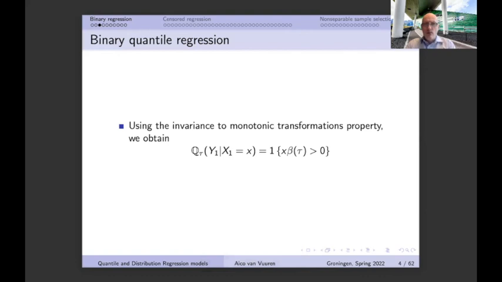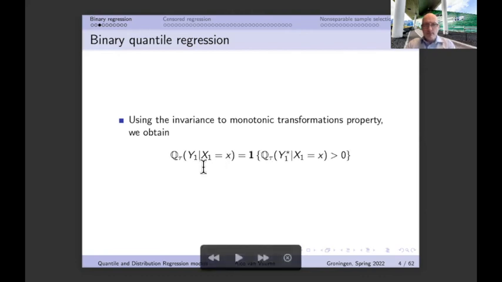Well, I would like to go back one step and look at this relationship over here. On the next slide, I will give a graphical relationship in order to get a little bit more of an intuition. But we should realize that this is actually already quite intuitive. And the reason behind that is because I've said earlier that the quantile of y1 can only get two outcomes. It's either equal to 0 or it's equal to 1. There's no other potential outcome with respect to this quantile that we have over here.